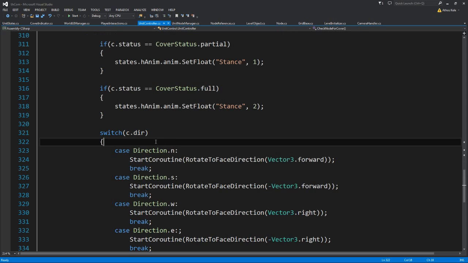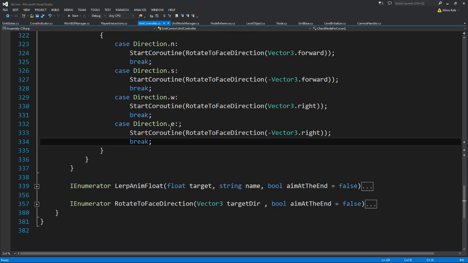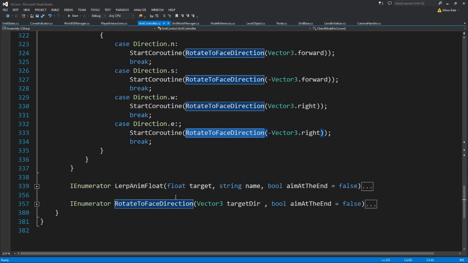We have a switch over here, and we say check the direction, and based on the direction we have, start the coroutine, which rotates the character to face the direction. Since we use world directions, okay, north, south, west, east is world directions, we can pass it straight up the vector 3 forward, or the opposite of the vector 3 forward, and then vector 3 right and minus right. The coroutine to rotate face direction, it's this one,